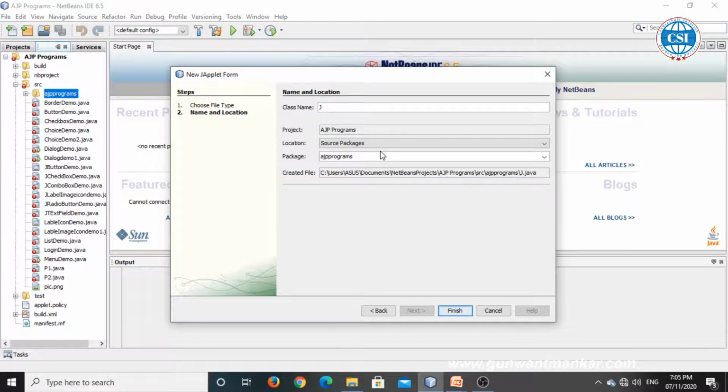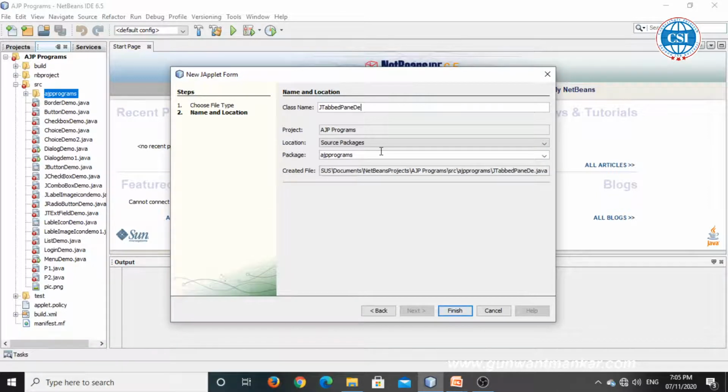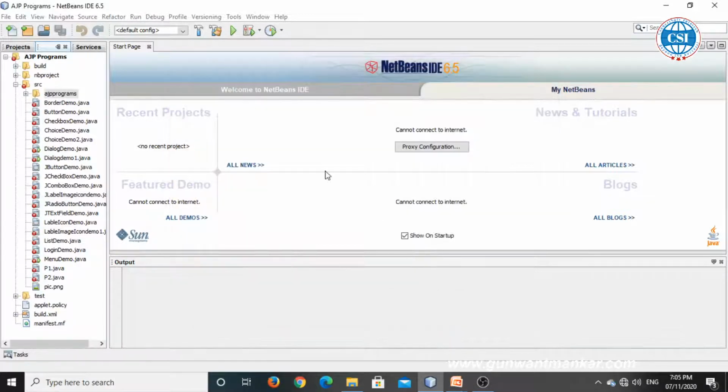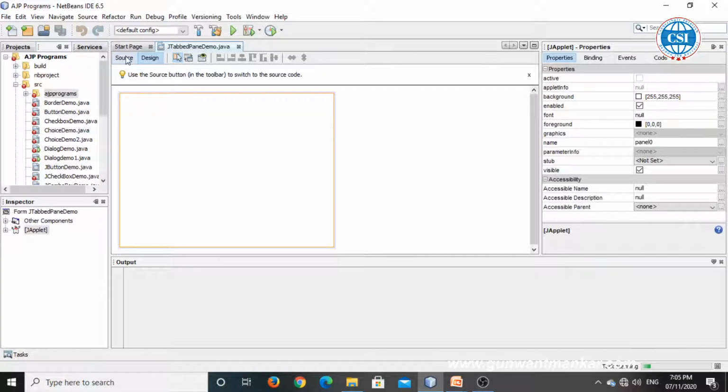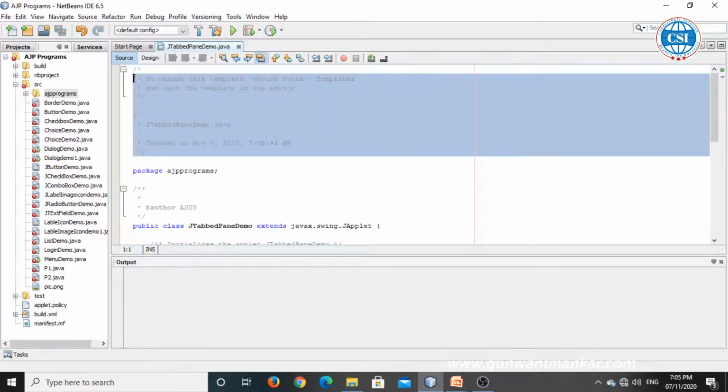Then write the name of the program, JTabPaneDemo. Don't write the same name as a constructor or component available in the Swing package. Give a different name. So JTabPaneDemo, then click on the Finish button. Some source code will look like this. Then click on the source and remove this code.